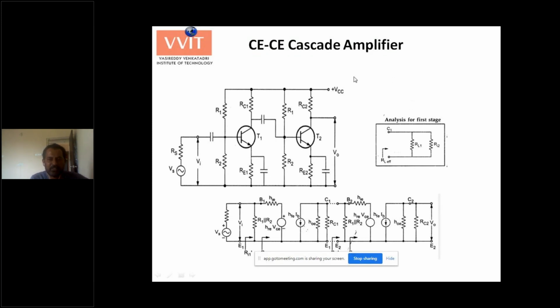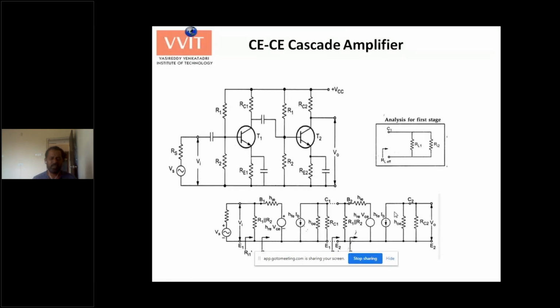Okay, fine. After drawing the AC equivalent, I have not given the AC equivalent here. After drawing the AC equivalent circuit, you have to replace each transistor with its H parameter model or hybrid pi model. Please be careful while doing this. If analysis has to be done at low frequencies, go for the H parameter model. If analysis is asked particularly for high frequencies, then instead of the H parameter model, you have to draw the hybrid pi model. You know what is hybrid pi model? Already we have discussed the hybrid pi model in the first chapter.